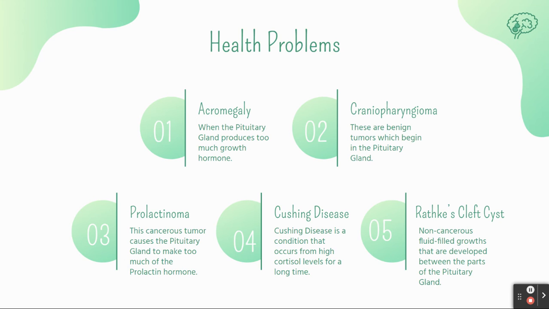Cushing disease is a condition that occurs from high cortisol levels for a long time. The most common cause is from a long-term overdose of cortisol-like glucocorticoids. These are commonly used for treating asthma. Rathke's cleft cysts are non-cancerous fluid-filled growths that are developed between the parts of the pituitary gland. These cysts, which are not tumors, usually require treatment and surgery if they interfere with vision or the pituitary gland